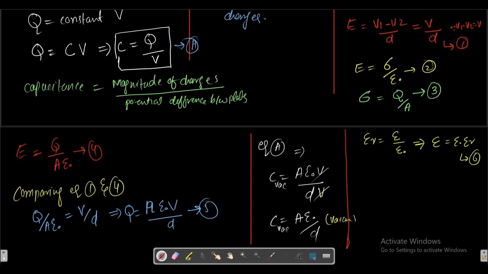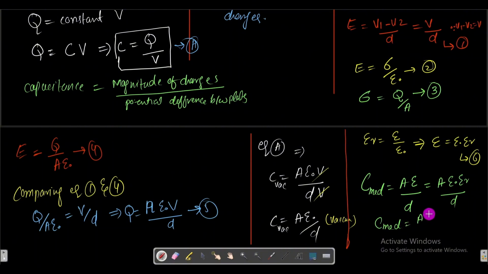This is for vacuum. Now the equation for the medium is given by A epsilon divided by D, where epsilon is the permittivity of the medium. So instead of this epsilon, I will put epsilon naught epsilon r divided by D. Now rearrange this equation. So C of medium is equal to